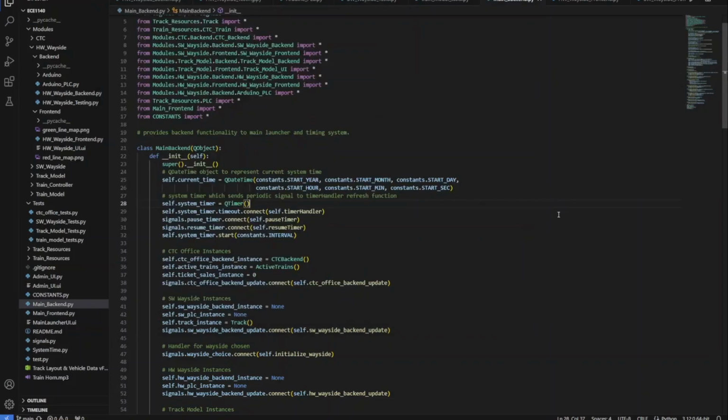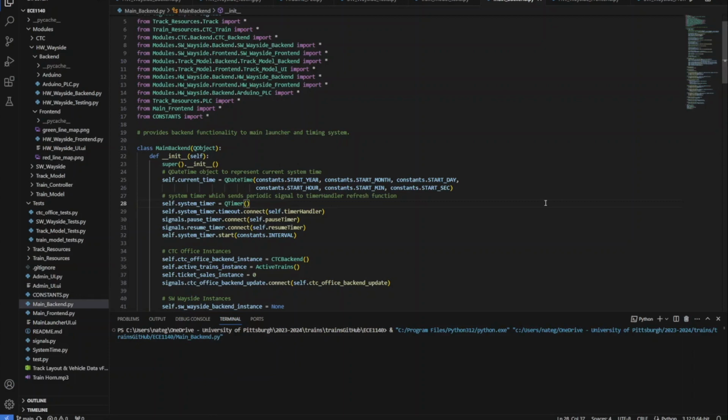Okay, hi, my name is Alex Ivensky, and I'm here to show off some system functionality of the Ivensky Railroad LLC train control system. So we'll just fire it up here. Right now the Arduino is not connected for the hardware track controller, so the first thing that the user will see when they open the system is a warning that states the Arduino is not detected, and this will